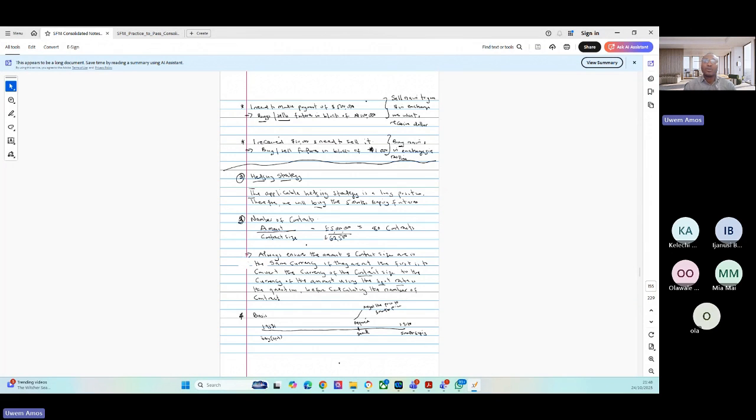For example, they may be sold in blocks of 500,000, so it'd be 500,000, 1 million, 1.5 million. So you need to buy them in those blocks. We need to determine how many of those futures we are going to buy, and that's the number of contracts we're talking about. To determine the number of contracts, we have a very easy and straightforward formula for that. It is the amount required